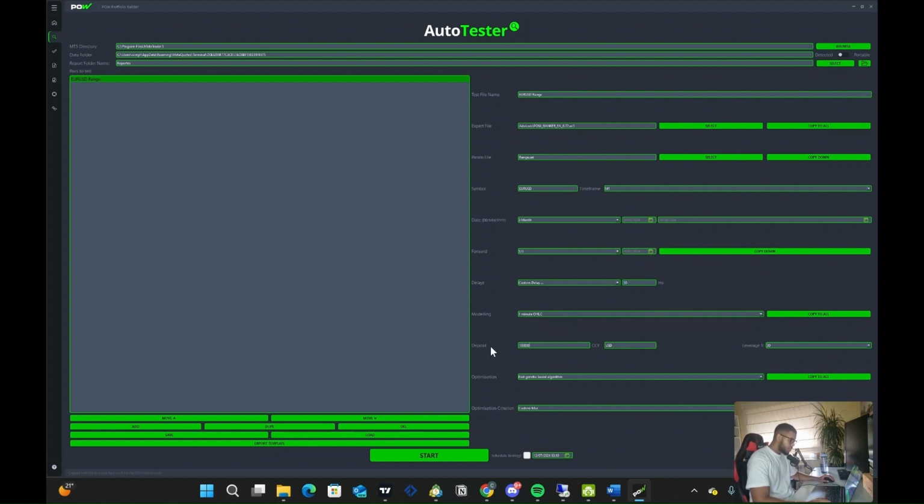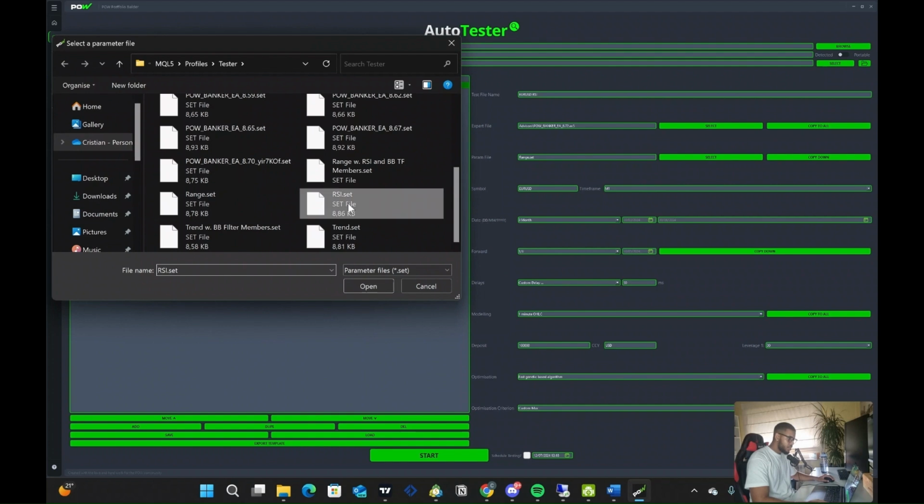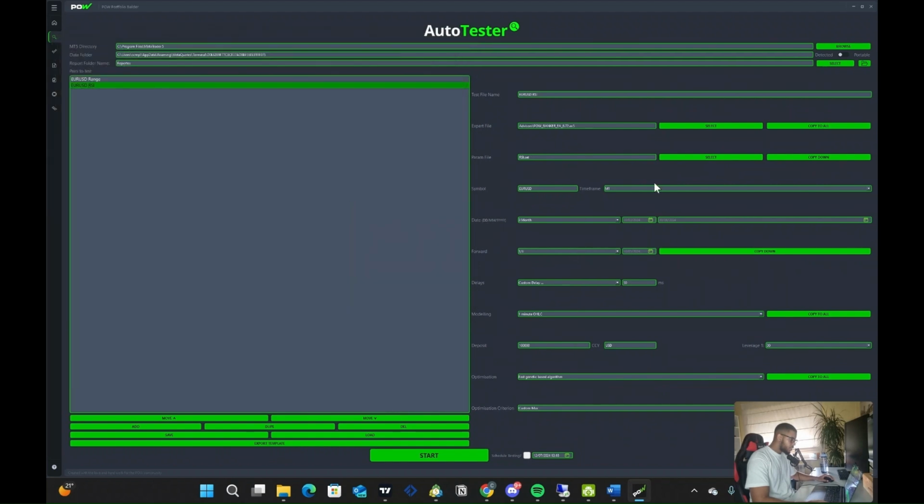Here it's 400,000 on USD. My leverage is 130 because I have a demo account on IC Market, and right here you can see is genetic and custom max. After this, I will just duplicate and change the name, so it will be Euro USD, but on RSI. I will change here the parameter file to RSI, and all these things will be the same